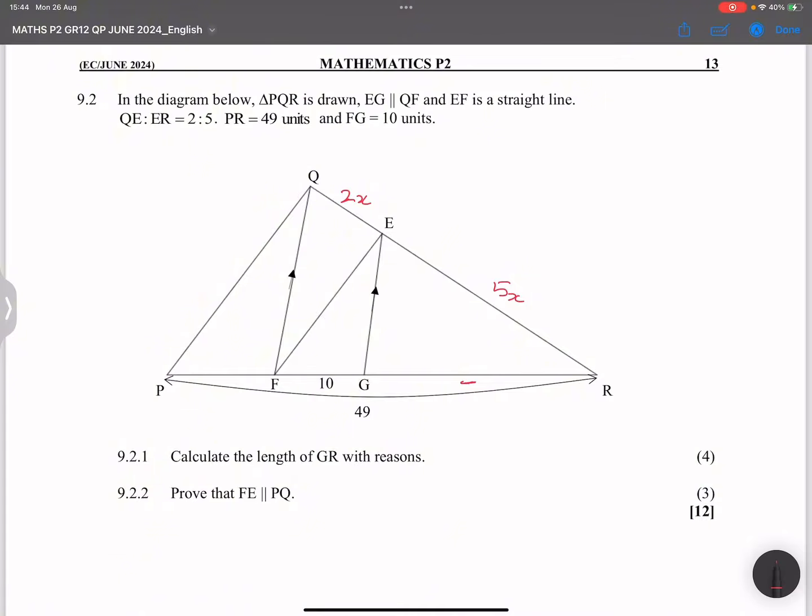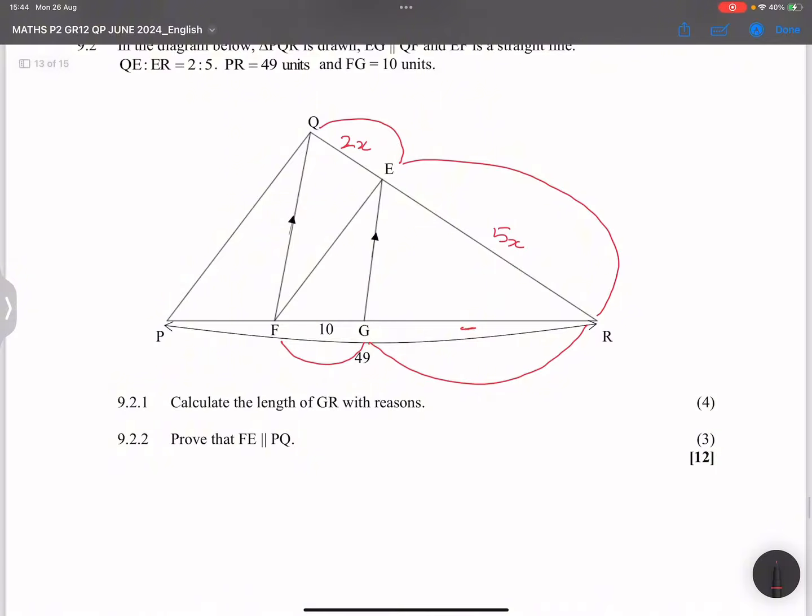you see there, we've got a ratio between QE and ER, right? And this would be the same as the ratio between FG over GR. Okay, so this is a line parallel to the third side of a triangle. So let's do that first. So we're saying, in triangle QFR,